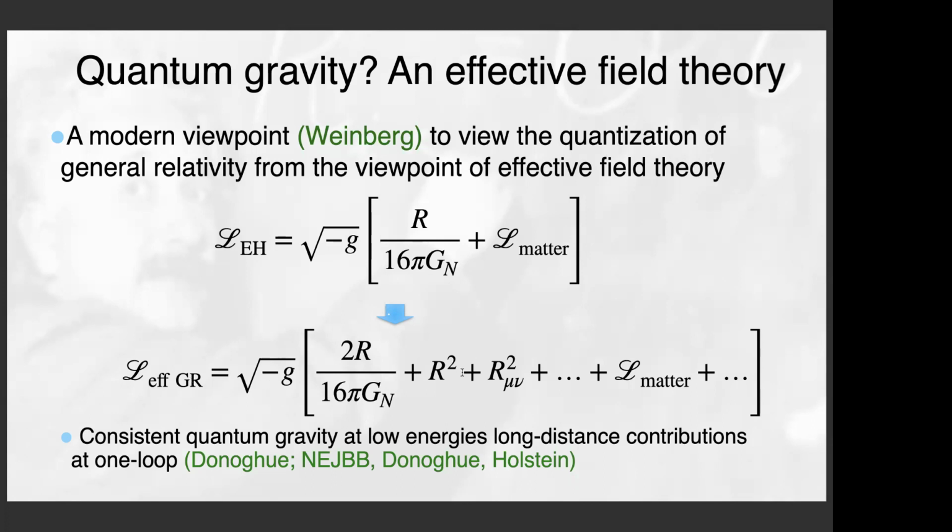The way we do that is to take the Einstein-Hilbert term, which is the first here, and the matter, and we include all the types of interactions that we could have in the theory, also involving high derivatives. That provides an order by order energy expansion of the theory, and we know this from things like particle physics as an effective field theory. So this description is an effective field theory and it's valid at low energies. We can answer all sorts of particle physics questions using this model, and we of course have an expansion both in the gravitons but also in the matter fields.